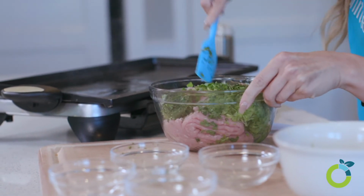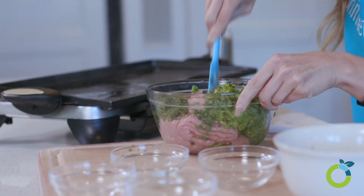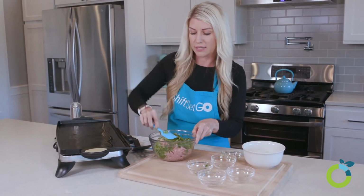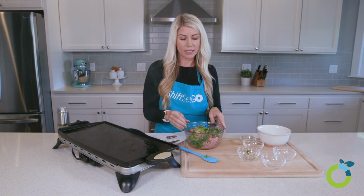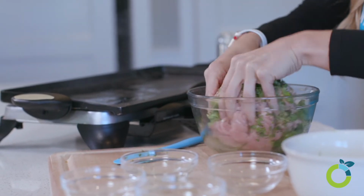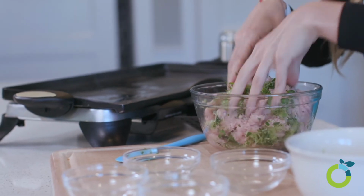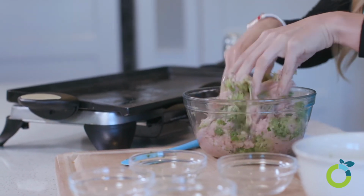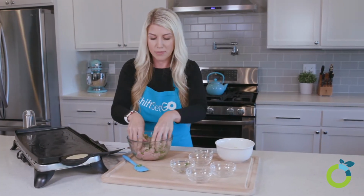And this one is a little tough. You might just wanna use your hands if you're okay with them getting dirty in here, because you're gonna need to use your hands to really mold them together in whatever shape popper that you want. So I'm just gonna get all dirty in here. Okay. So when you feel like you have it nice and mixed well, you're going to want to shape them